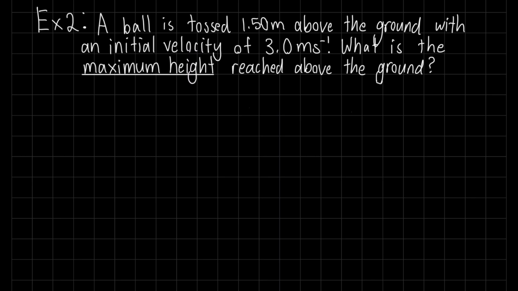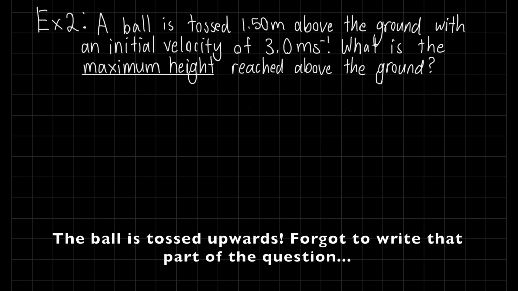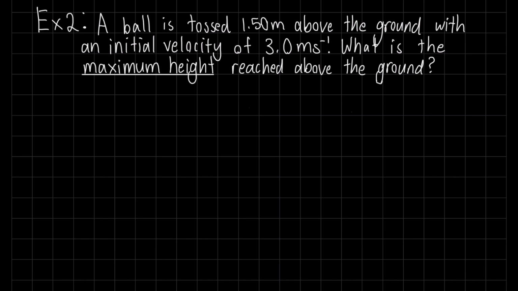So here we have a ball which is tossed 1.5 meters above the ground with initial velocity of 3 meters per second. And they want us to find the maximum height reached above the ground. So in this case, direction is involved. So step 1 must be applied because, all right, we have, maybe they're on a wall or something. This person's standing on a wall and they throw